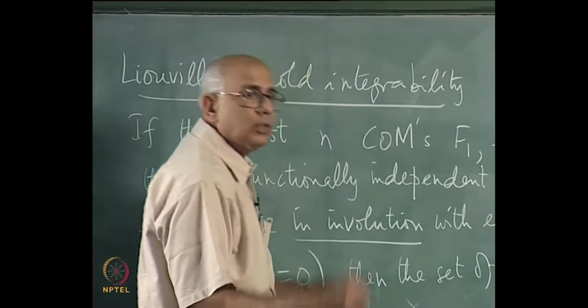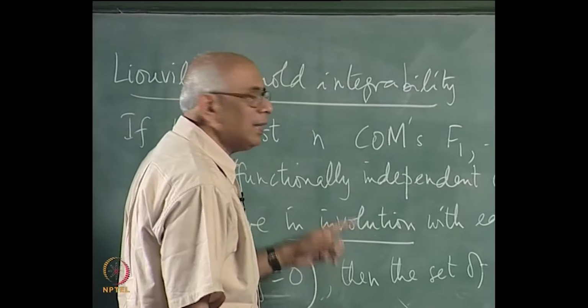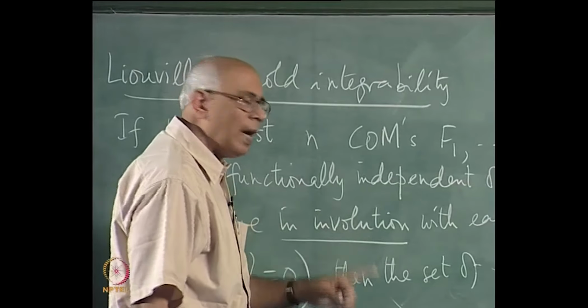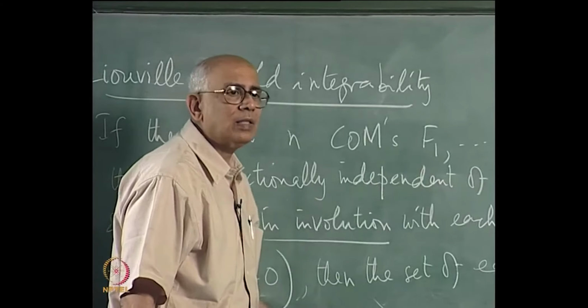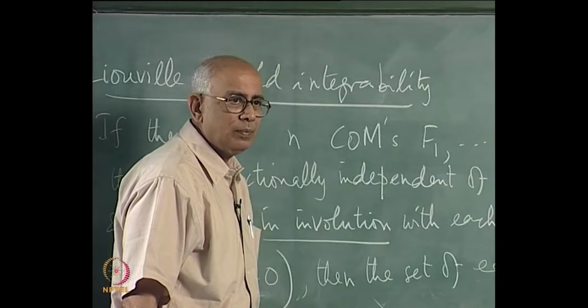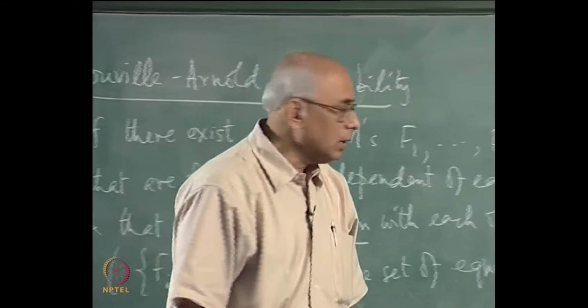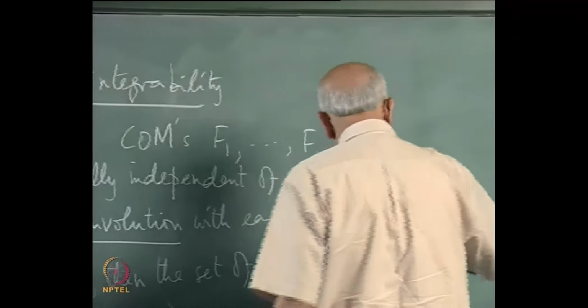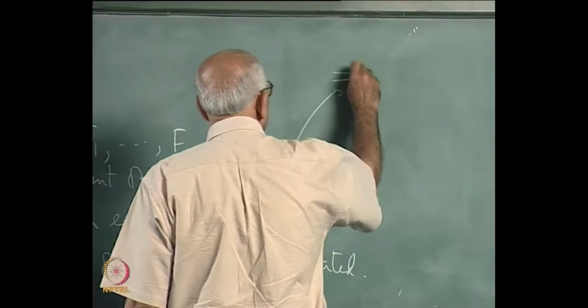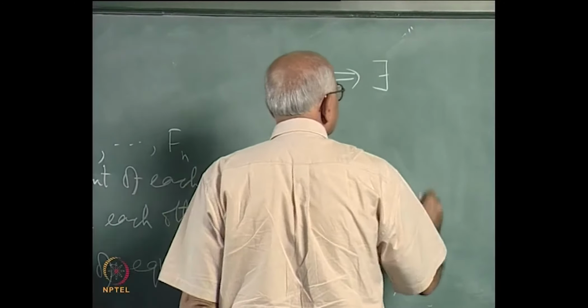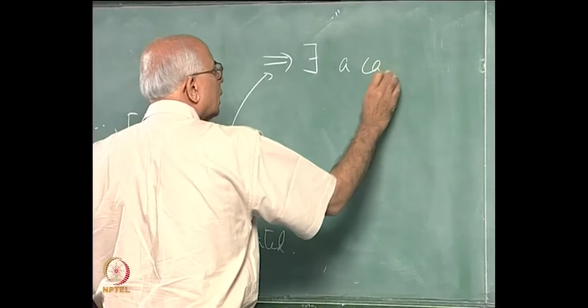So subject to those caveats, which we will take up as we go along one by one, the first statement is, and this is what one has to pause and marvel at, that it is sufficient to know n constants of the motion, and the entire set of equations is integrable in the following sense. What the theorem actually says is, this can be integrated. This means there exists a canonical transformation